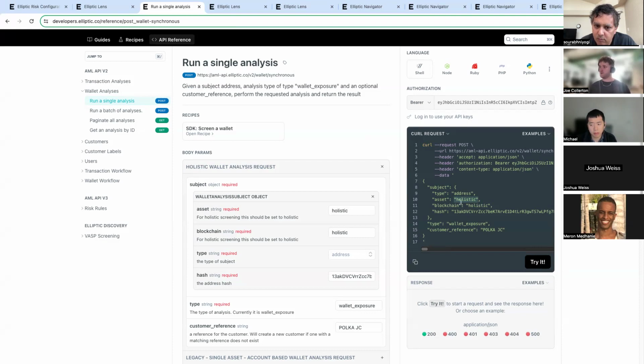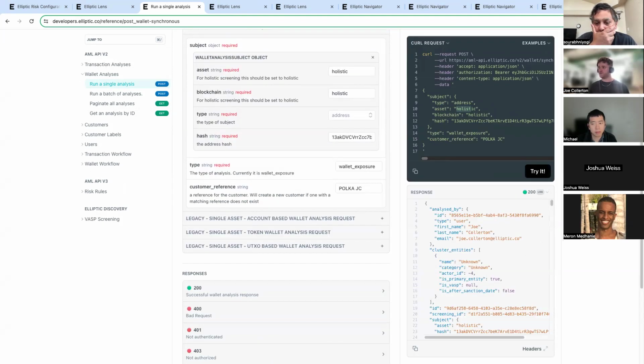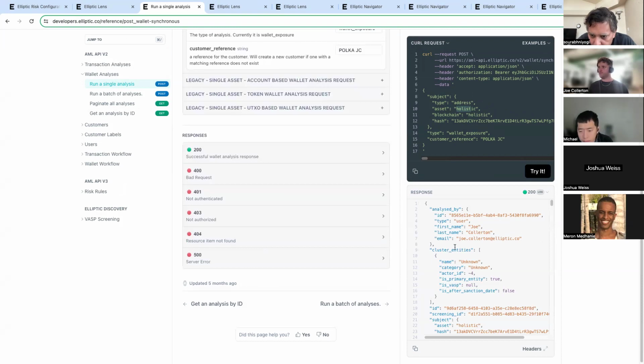If you simply label it as holistic, it will screen it against, I think it's about 40 different blockchains that we cover now. This allows you to see if the funds have been moved over from different sources that maybe have used bridges to move the funds in between different blockchains to make it more difficult to identify the ultimate source of funds. As I said, within this one right here, this is a pretty simple response where we can